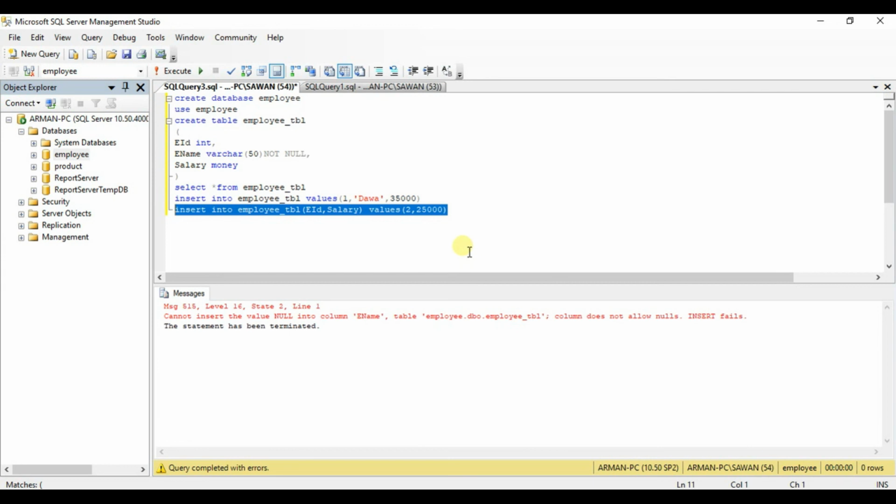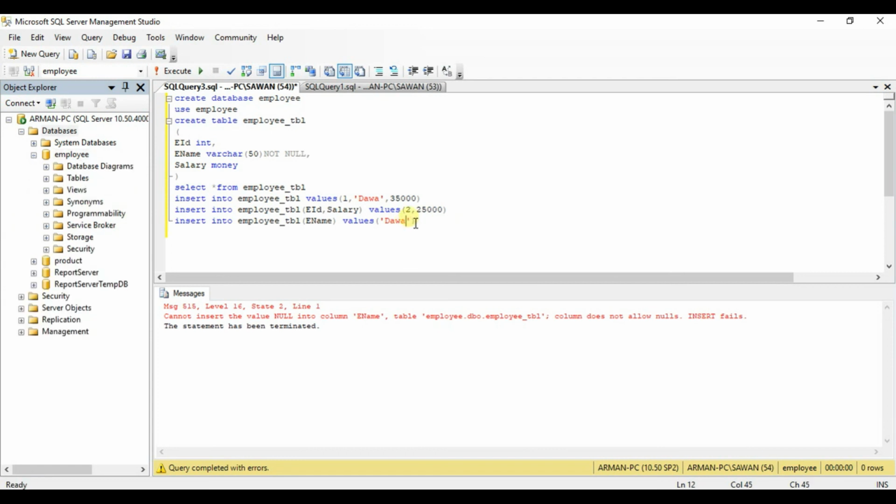For example, here we'll just insert the value in the ename column. Then let's see what happens. We just enter employee name only, ename, employee name like Rohan.